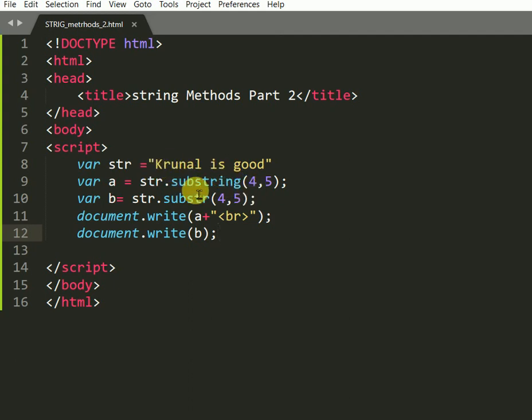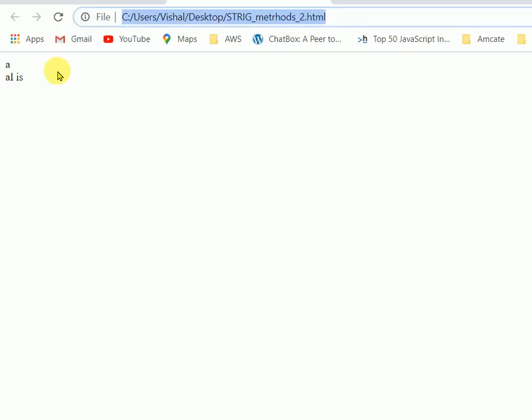In the fourth position substring: 0, 1, 2, 3, 4. It will return a, meaning the index at fourth position and less than 5. So we got a here.